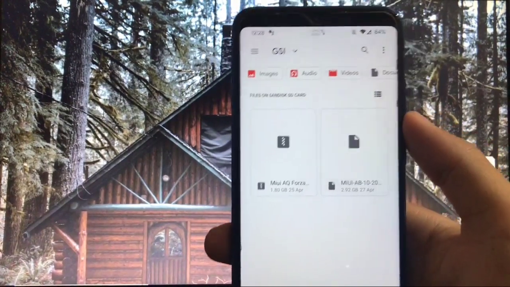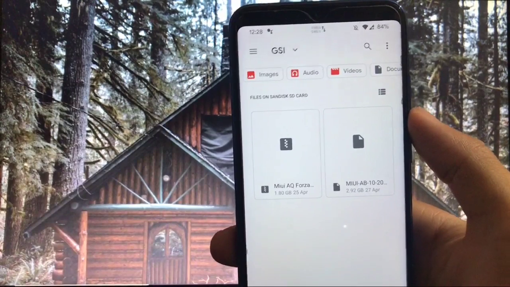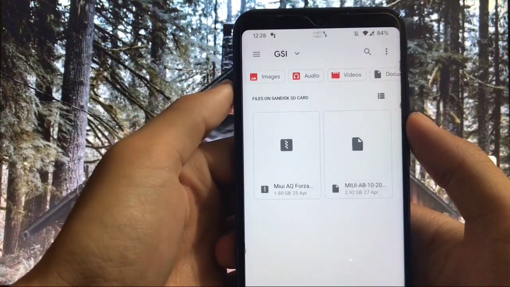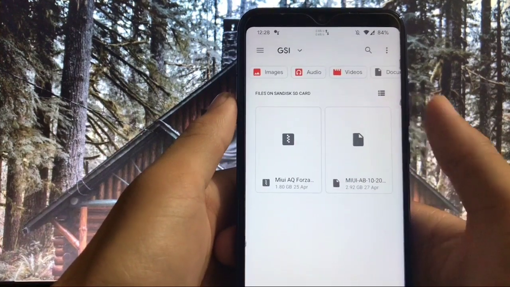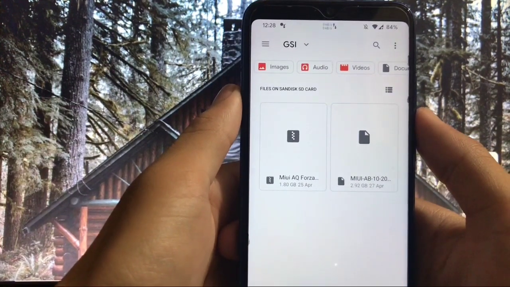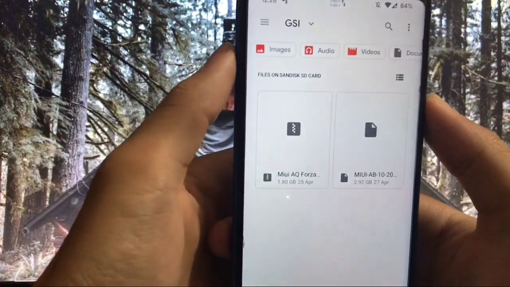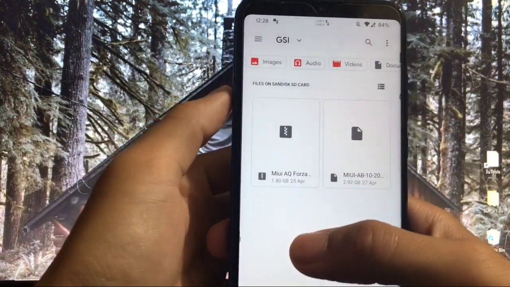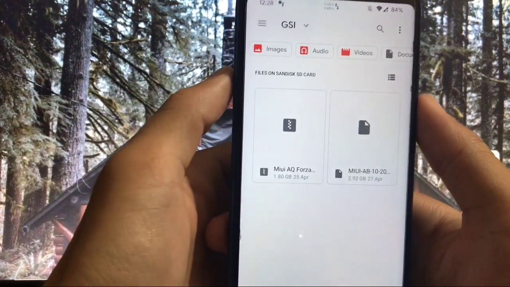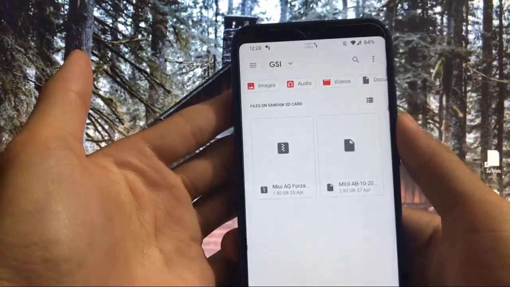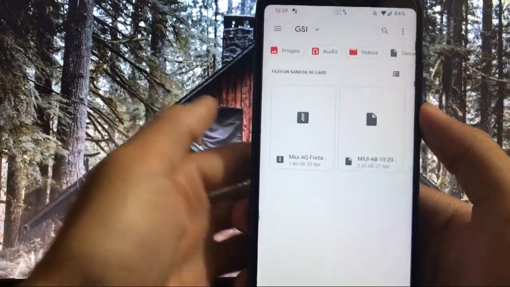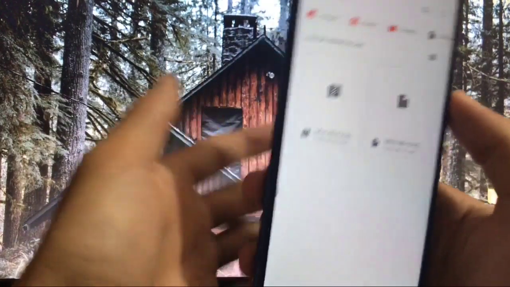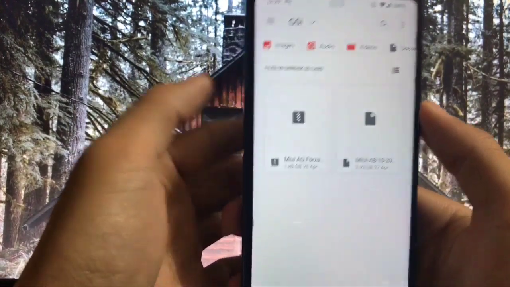Yesterday I posted a new video regarding the MIUI 12 GSI, which you can install right now on your device to experience the new OS from Xiaomi official. But if you are not able to install that GSI, or if you're getting any errors or have any other problems, in this video I'll show you how you can install that GSI. I have my Redmi Note 8, so I will install this GSI right now ahead of you. Make sure you watch this video till the end to understand everything. Let's get started now.